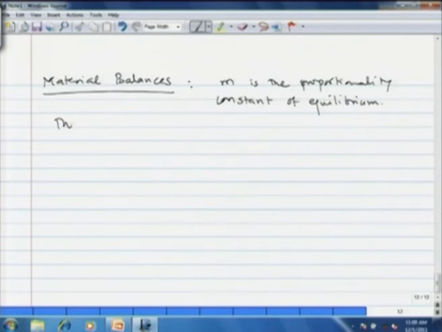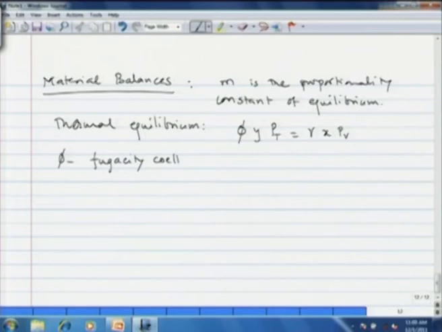Thermal equilibrium of a process would always necessitate this particular relation, phi y into Pt is equal to gamma into x into Pv, okay, where phi is the fugacity coefficient, y is the mole fraction of solute in gas,